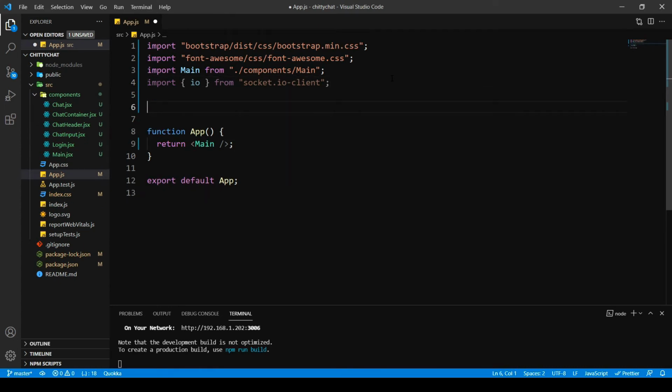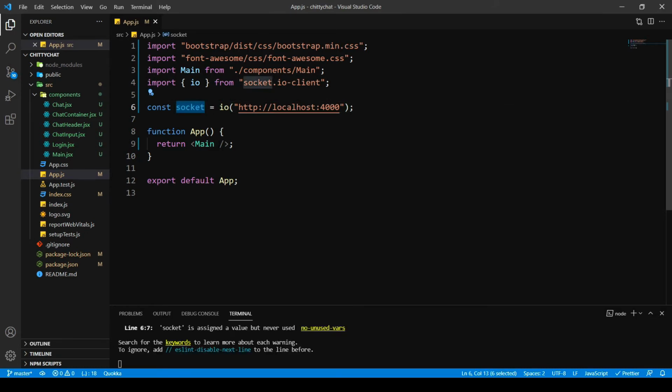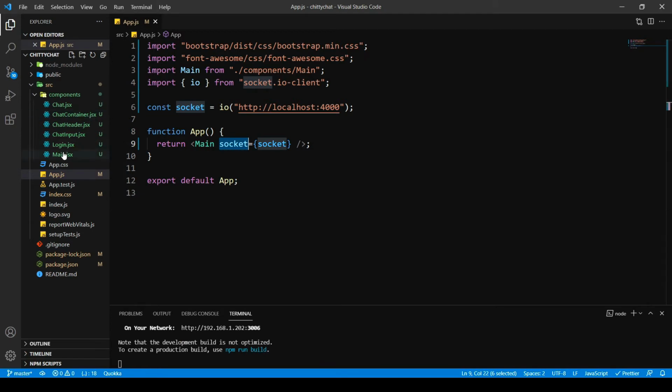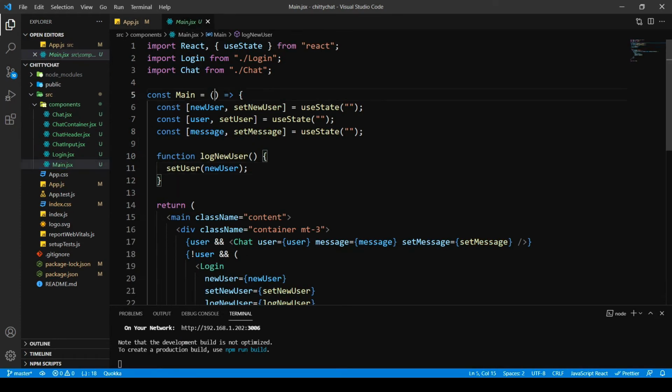So let's connect to our server. I'm going to say constant socket equals IO function. I'm going to type in http://localhost, our socket server's address. And then I'm going to pass our socket object inside here. We're going to use that